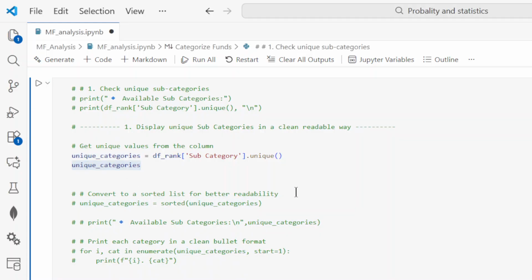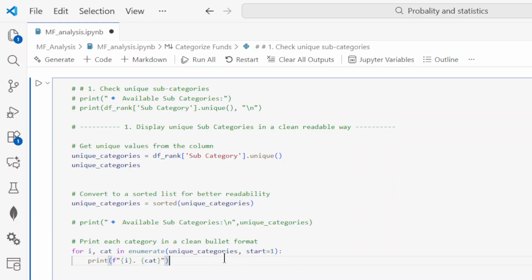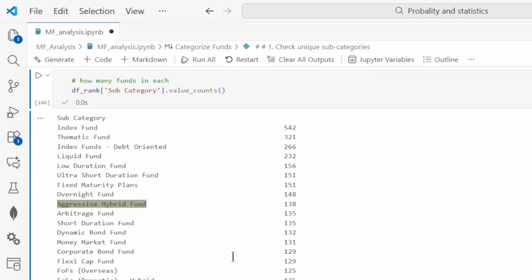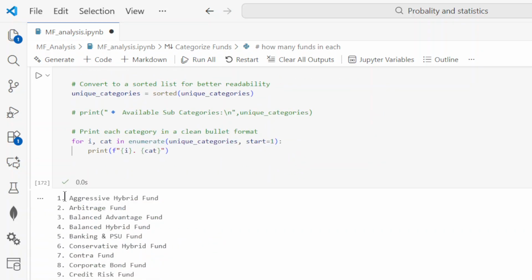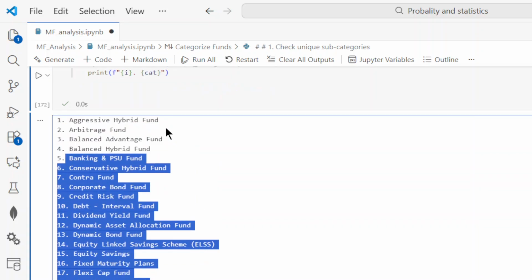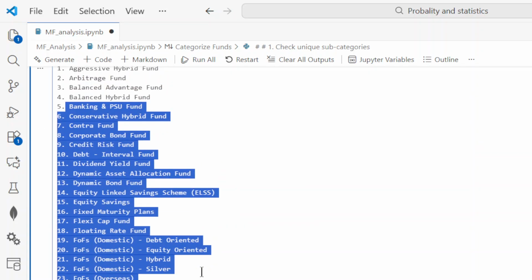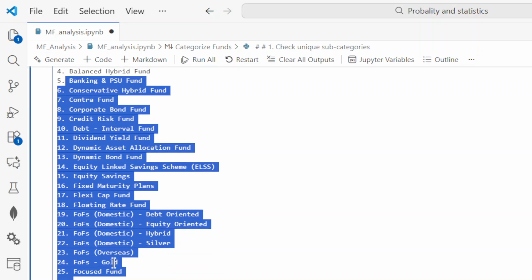These are the categories, and the later steps I did were for sorting and displaying the data in a better way. So these are the categories that we have, where each category has multiple funds in it, and I will be grouping these categories to pick out the best fund.